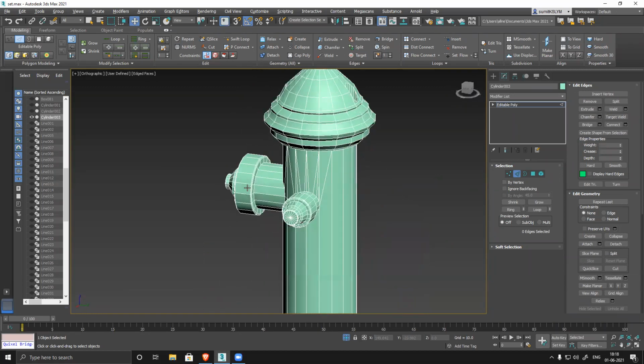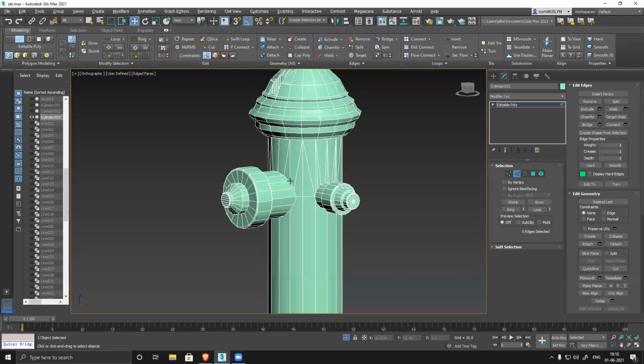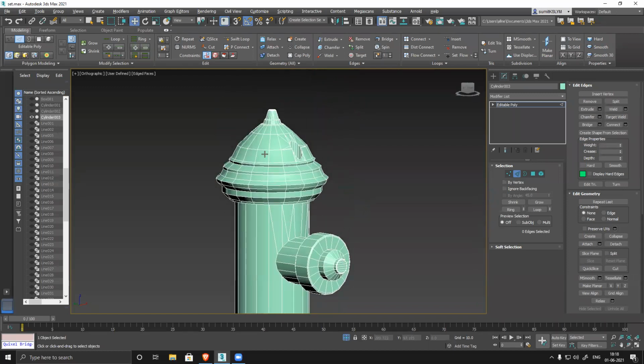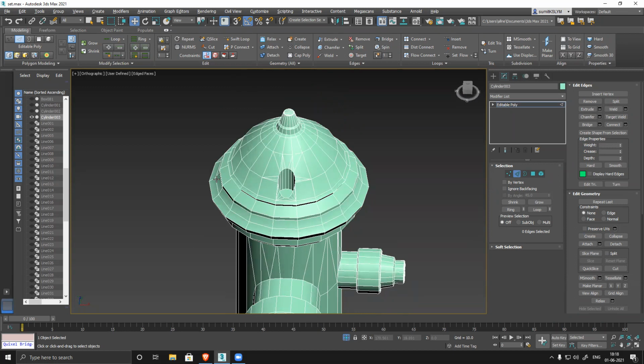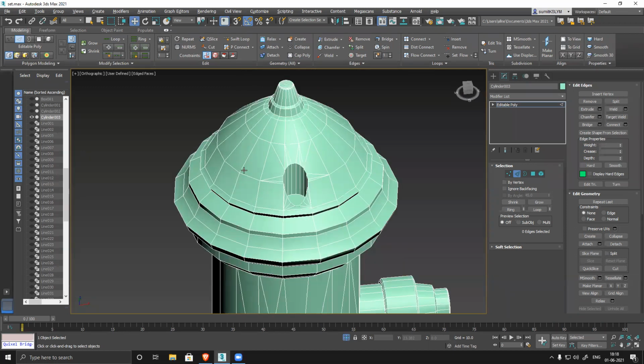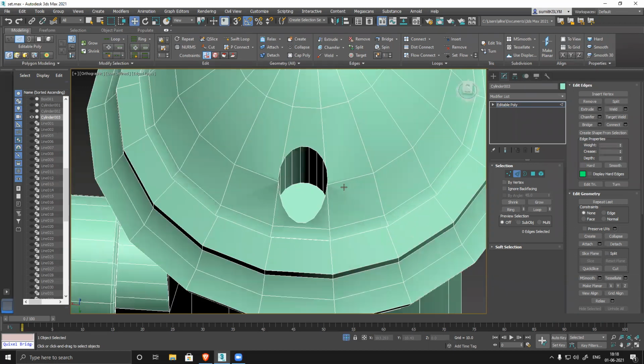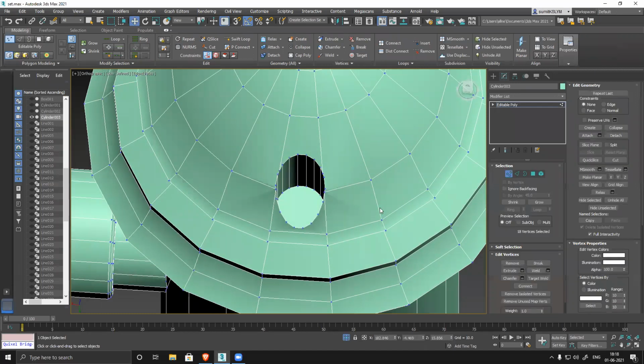So like this will fix everything. It will look super clean and smooth. Now I just have to connect all the parts properly. Let's do it.